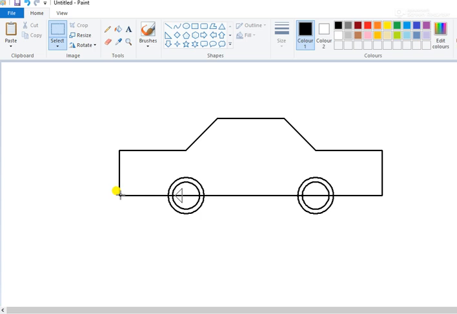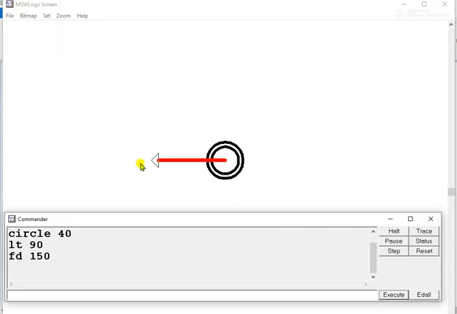Now if you see, this is a horizontal line. Now we want a vertical line over here, and then again a horizontal line. Now to draw a vertical line like this, first we need to move the turtle. Now this is a right turn. So I'll write RT, that is right turn, and I'll write 90 degrees. Now my turtle is pointing towards up. Here I'll write FD 100.